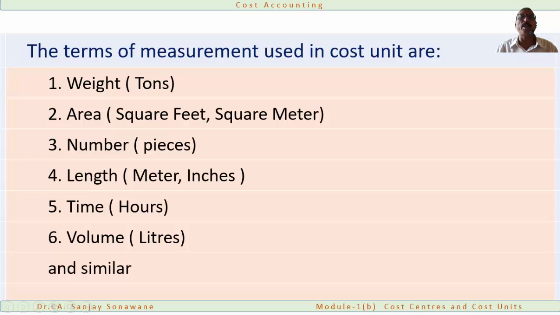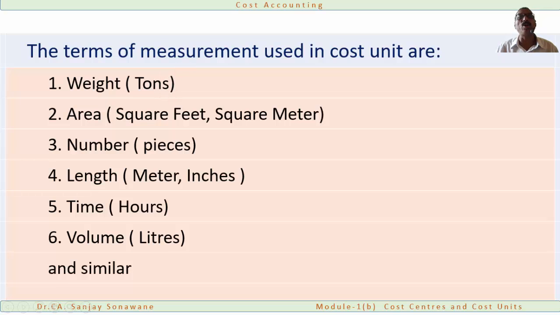If any product is counted in terms of weight, generally the weight is taken as tons. Now in cost accounting, we are talking about a big industry, so we will not go for a very small measure. As far as possible, we try to take a higher measure. So what is the higher measure here? Instead of saying kilograms, we'll talk about 1000 kilograms, what we call tons.